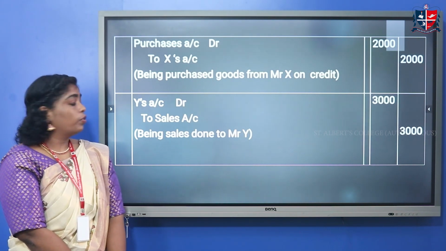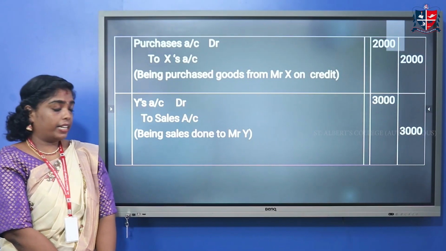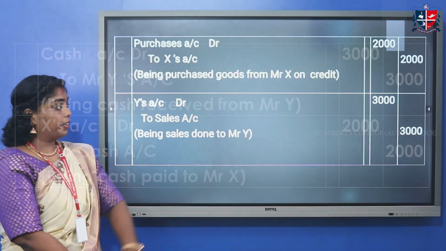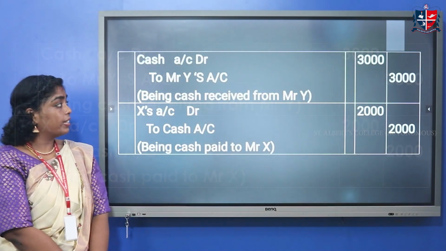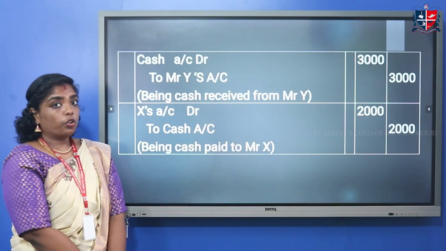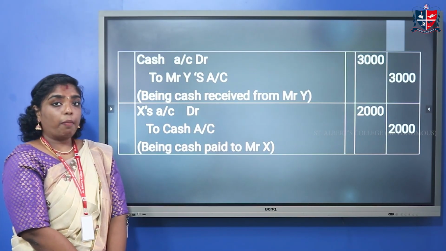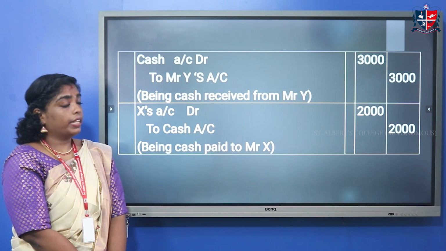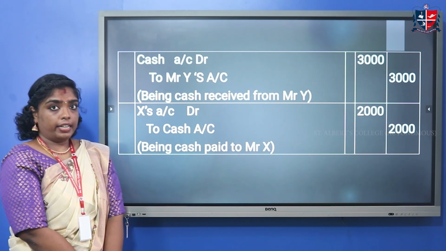And for the last transaction of the slide, the journal entry narration will be: being sales done to Mr. Y on credit. Amount is rupees 3,000. And next transaction is being cash received from Mr. Y. So Mr. Y had given the cash to the company. So the amount of Mr. Y will be decreased up to the amount 3,000. Since the debtor Y is decreased, he should be